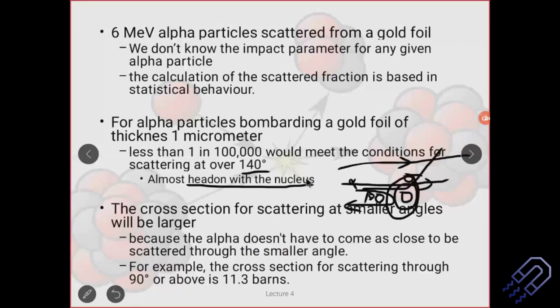So this angle will become 90 degree. Okay, so this is 90 degree. So this is important. Rather, I should not say this angle, that will be wrong. This angle should be 90 degree, because if it turns this side, this becomes more and more towards 180 degree. So this angle is important, not this.